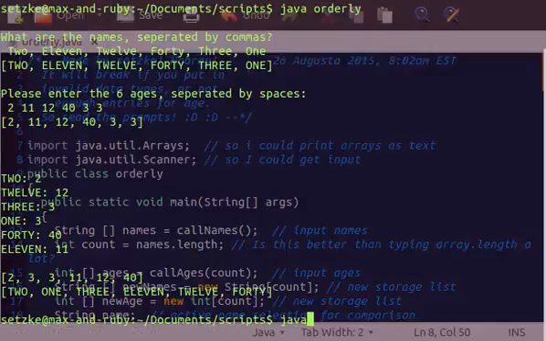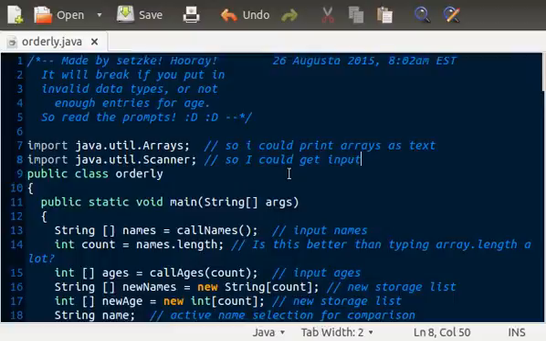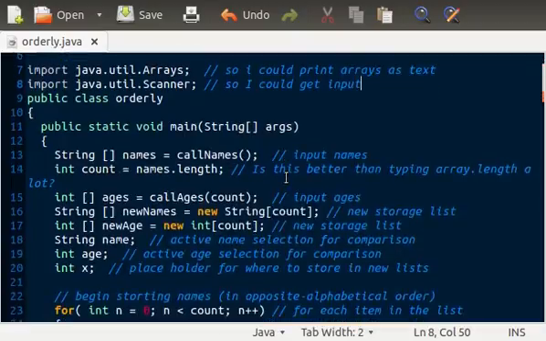You know what? I just want to go ahead and do that before I forget. Compile that sucker. Alright, so what we did first is we call up